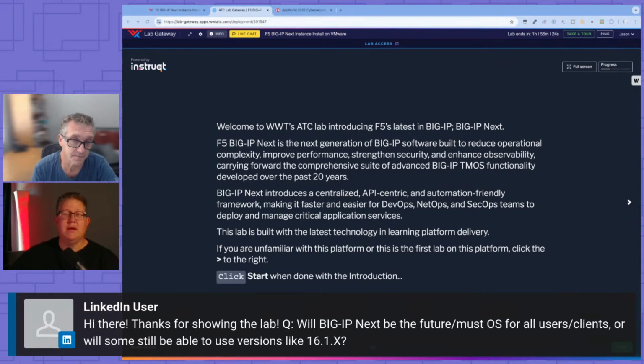So when end of tech support happens on 17.x, then yes, with support, you'll need to be on Big IP Next. So you have a few years, which sounds like a lot of time, but it really isn't unless you have just a couple of apps. If you're a small shop running a few apps, it's not going to be that big of a lift.